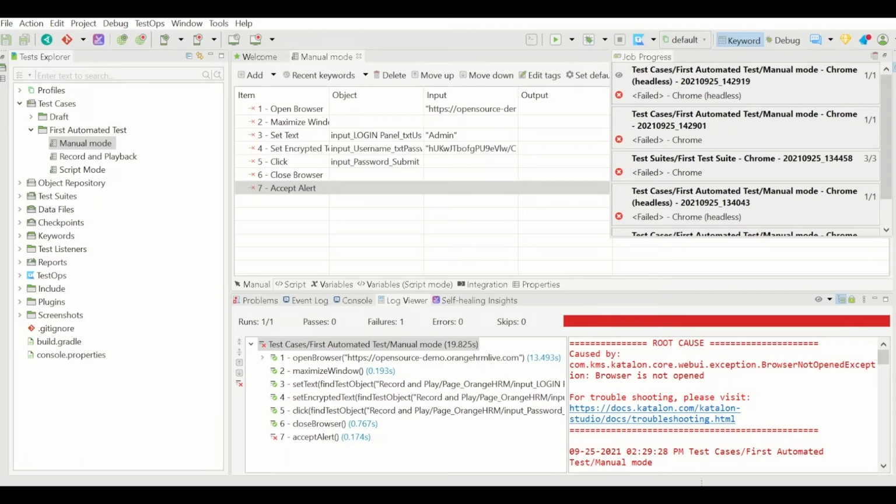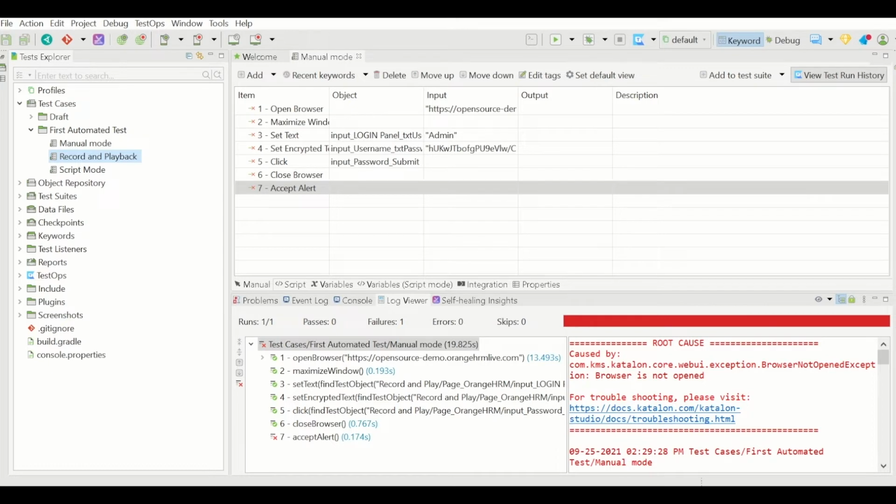So if you want to quickly finish the automation execution of a particular release, then you go for headless mode, and it is going to give the same results as when run in the UI mode, but with lesser execution time. So those are the different modes of execution, and these are the benefits involved in each type of execution. Now we have executed, and here we can see the logs.